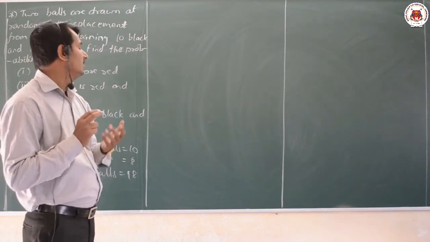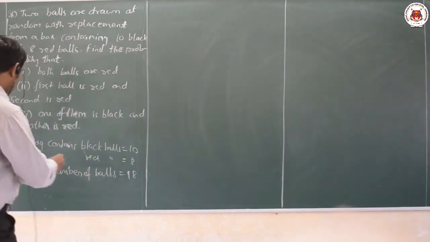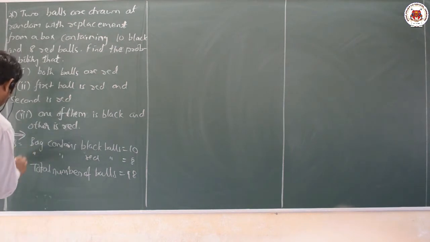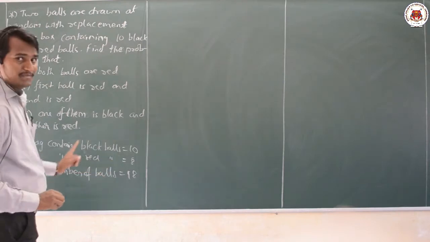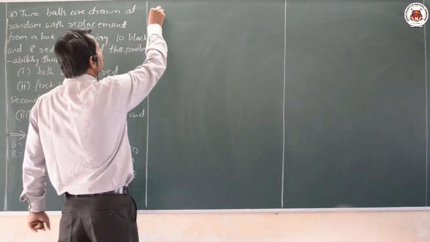A means what here? Or else we can take B as black balls here. Let us take it as black here, and let us take it as red here. Red means red balls. B means black ball. Now we shall start with our actual problem, that is the first one.